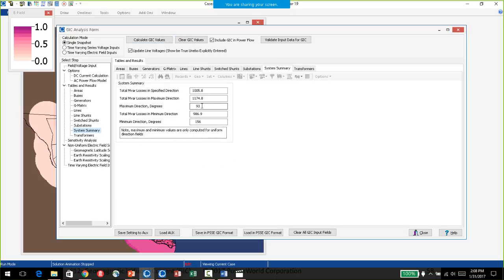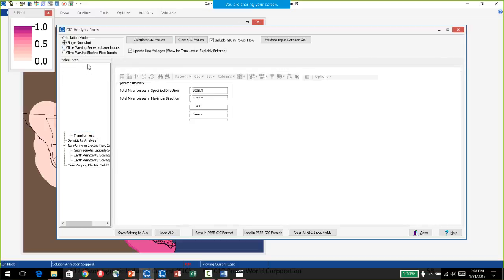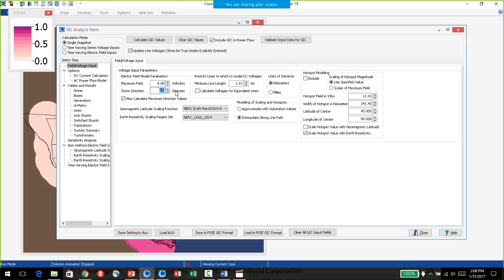Now that's 93, so I think that matches the quantity that's on the slide. I'm not going to have time to go through every slide, but that's in there. So if I wanted to, I could take a look at the system impact. If I changed the orientation to 93, I could recalculate the GIC values.